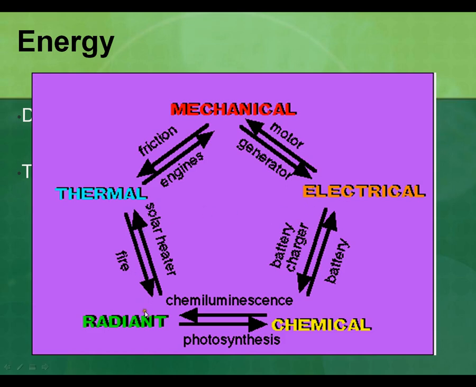So if these are covered in physics, then that leaves us with these 2 down here at the bottom. There's radiant energy, which is light, and there's chemical energy. Chemistry primarily deals with chemical energy, although all the other types of energy are involved. And we, in biology, are going to focus on radiant energy and chemical energy because this is where the energy